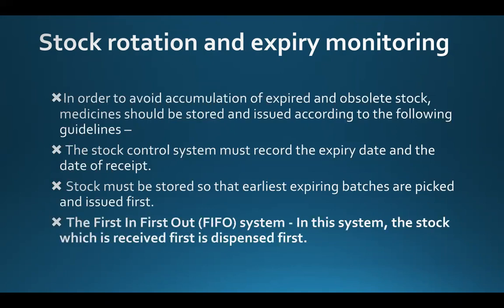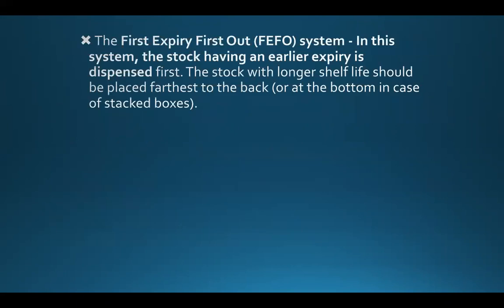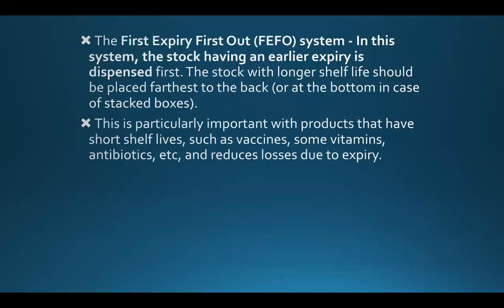The first in, first out, the FIFO system. In this system, the stock which is received first is dispensed first. The first expiry, first out system. In this system, the stock having an earlier expiry is dispensed first. The stock with longer shelf life should be placed further to the back or at the bottom in case of stacked boxes. This is particularly important with products that have short shelf life, such as vaccines, some vitamins, antibiotics, and